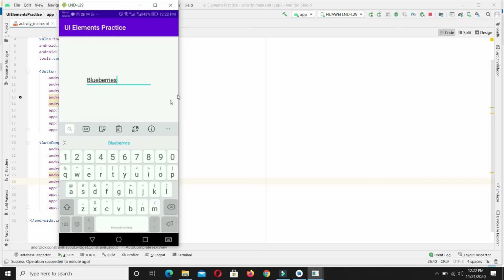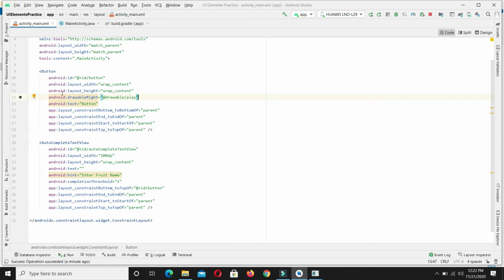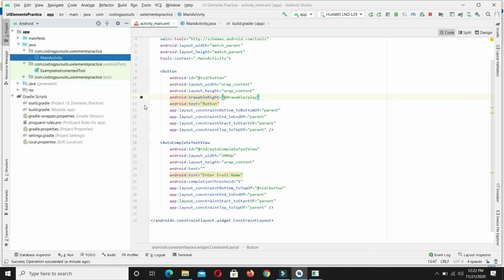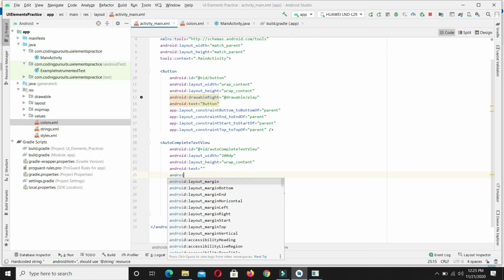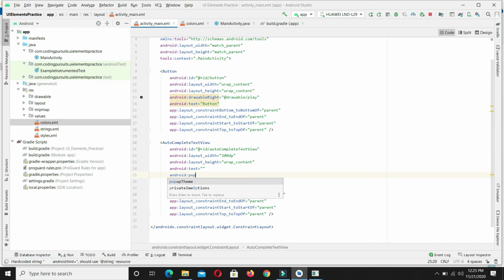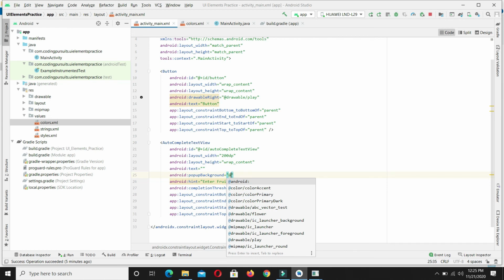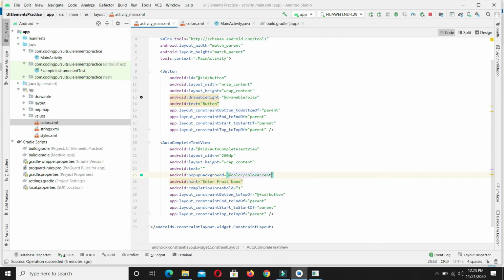So in the same way, let's customize it a little bit. We can customize it for more features. So when I'm going to give it android:popupBackground, we can give it color as color accent.